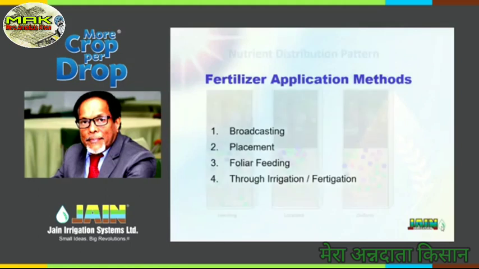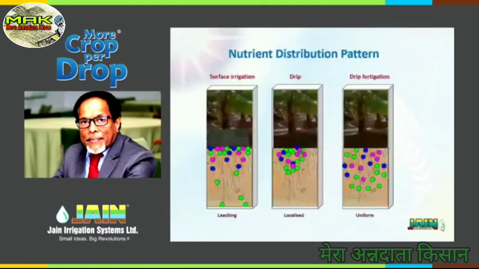Now, this is just a drawing. If you see the first one in this picture, surface irrigation is applied to banana, and fertilizer is already applied before irrigation. The fertilizer molecules, which I put as color figures to show you, are mostly concentrated around the point of application, and some start moving along with the water movement. Please understand, in a dry soil, fertilizer cannot move anywhere from the point of application. It will just stay there. So the farmers know that, and they apply water on it.